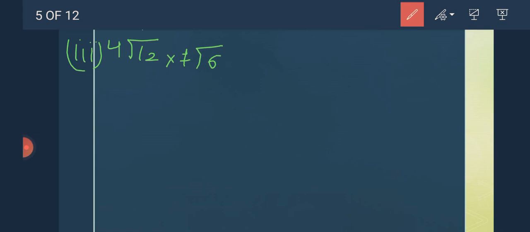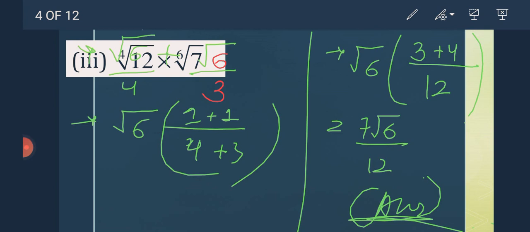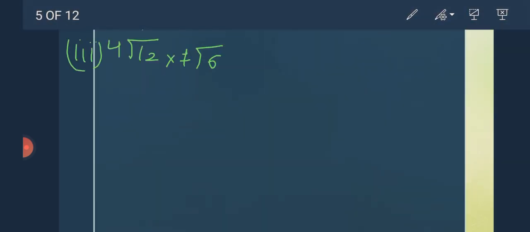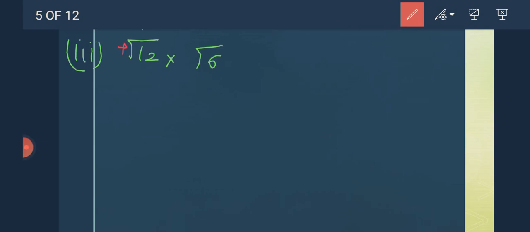Because in the previous slide you are able to see this is your third question, but I have written it. If I rub it, you will forget how you will revise it. So this is your same question, but there is a problem in it: we don't have to write it like this. What we have to write is fourth root and seventh root. Do you know what a root is? We are talking about the root.